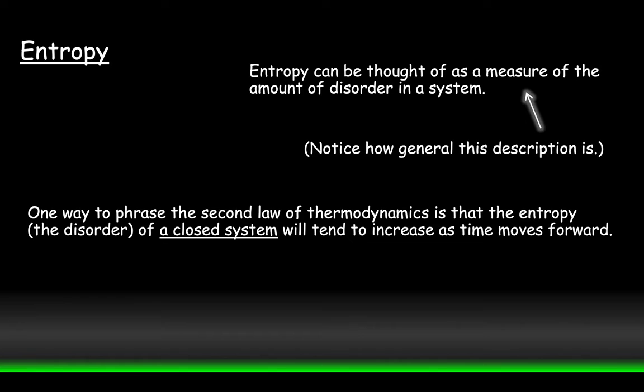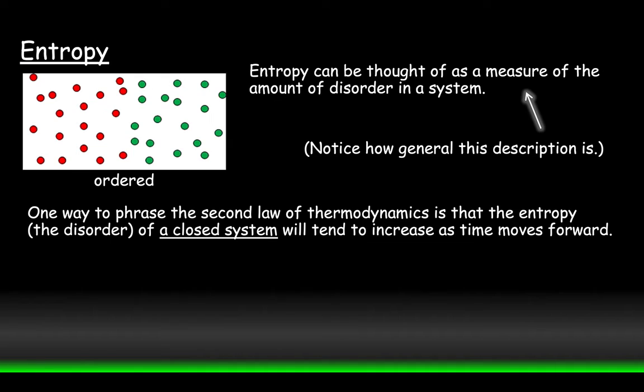So, what do we mean by this? One way you could visualize this concept is to say we have a chamber of gas. In this chamber, there are two types of particles, red particles and green particles. The gas particles are flying around, bouncing off each other, moving essentially in random directions. If I begin with all the red particles on the left side of the chamber and all the green particles on the right side, I can watch how that chamber will evolve.